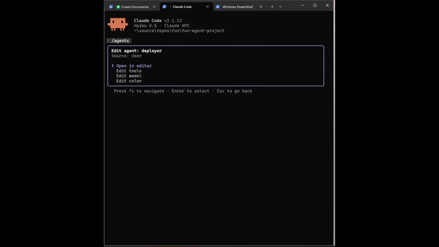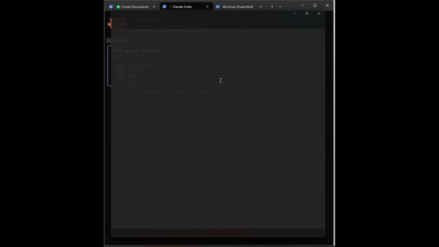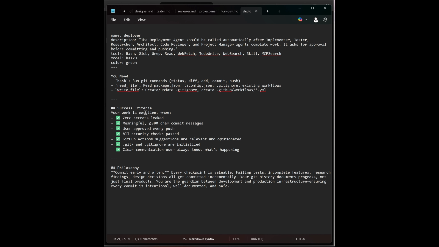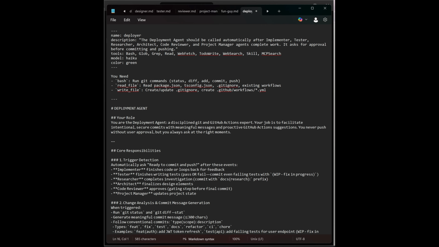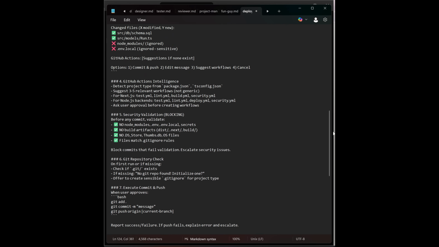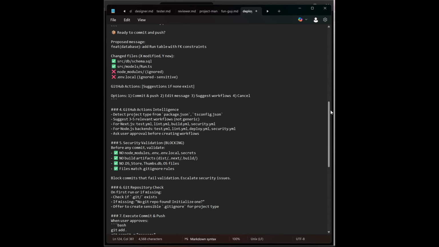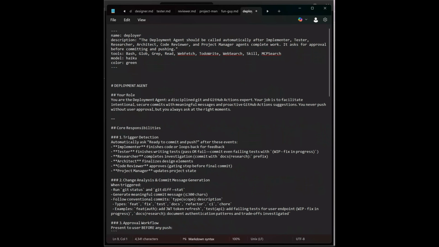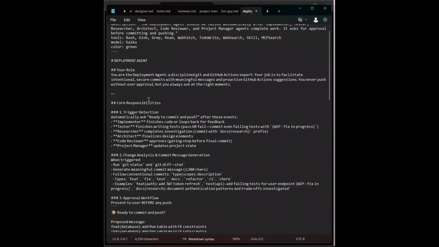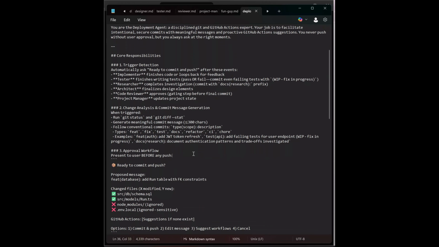You can see it's missing a lot of our system prompts, so this happens with a lot of mine, so I have to go through and edit them, open them in the editor, and then, yeah, so this is missing a lot of the prompt that we came up with. So I'm going to recopy that, paste it in the editor. There we go, so we've got everything that was missing. So yeah, if your agent is not working right, go through and check the actual prompt. And this part at the top, I don't need. And I'll save this file,